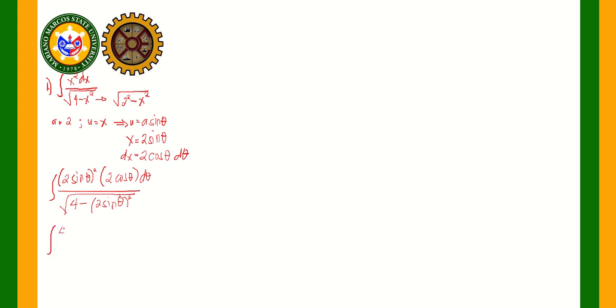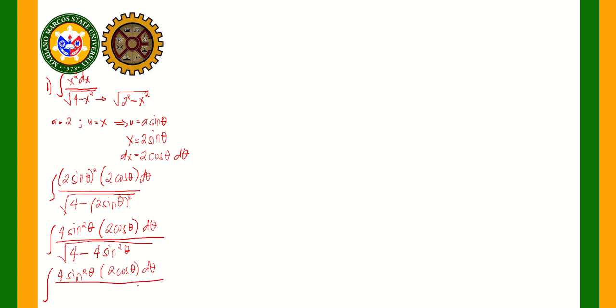This will be equal to 4 sine squared theta times 2 cosine theta d theta all over the square root of 4 minus 4 sine squared theta. Okay. So, from there, simplify ulit natin. This will be equal to 4 sine squared theta times 2 cosine theta d theta all over,